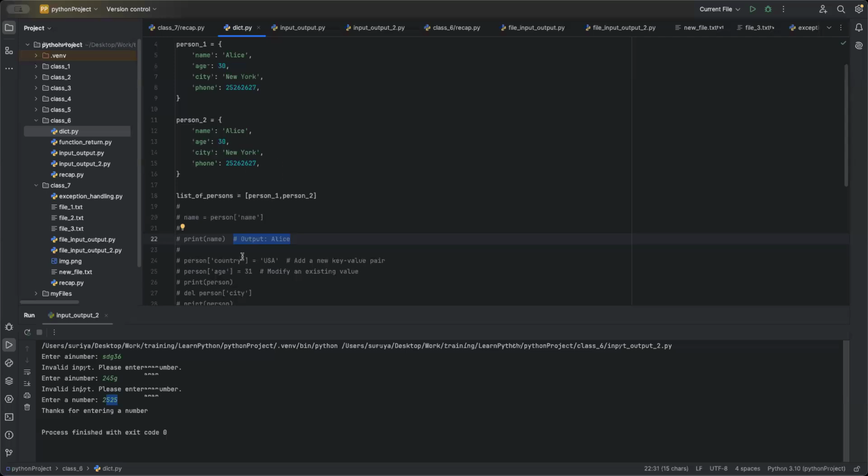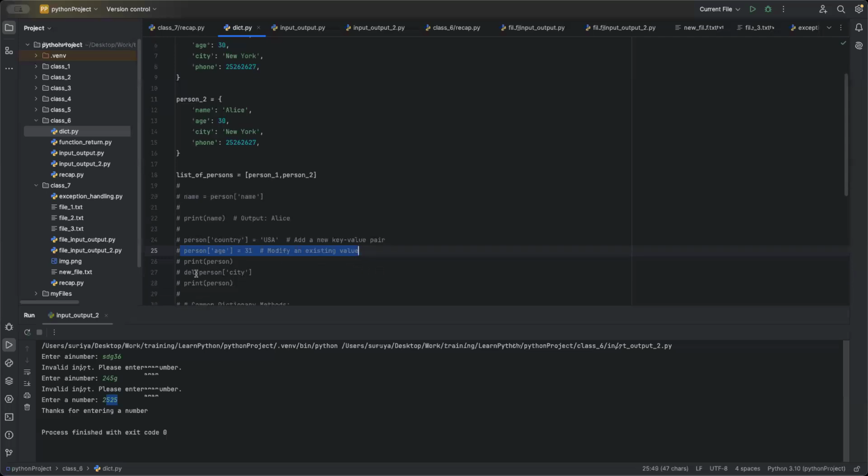If you want to add a country, you can add it like this. To modify, instead of assigning directly to a variable, you give the dictionary variable name, then square brackets with the key, and equal to the new value. That modifies it. To remove, for example city, from the dictionary,